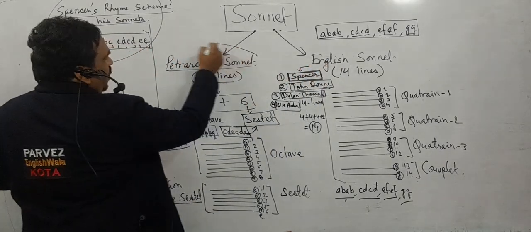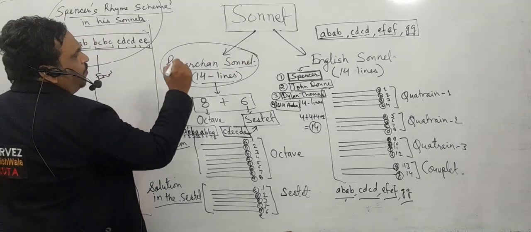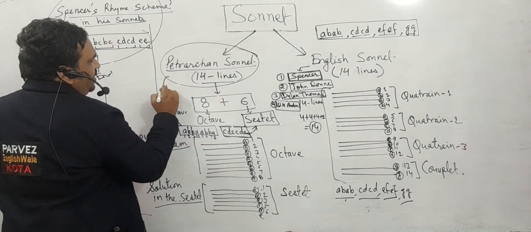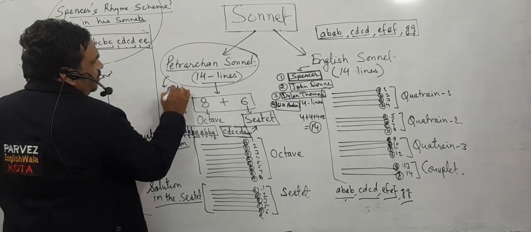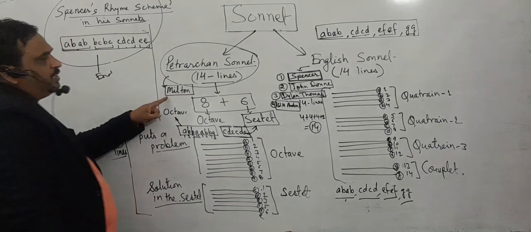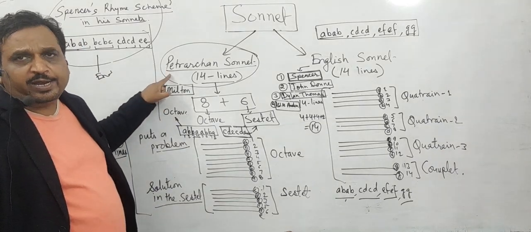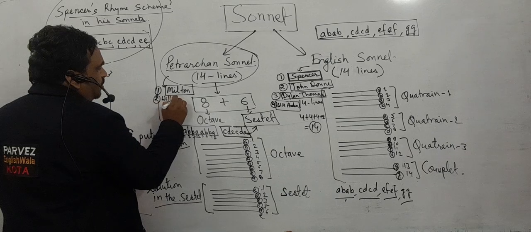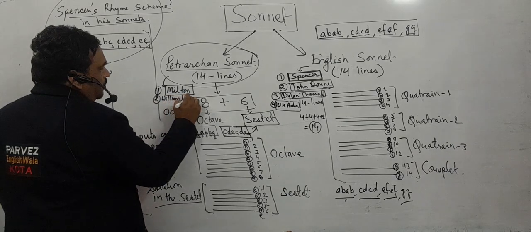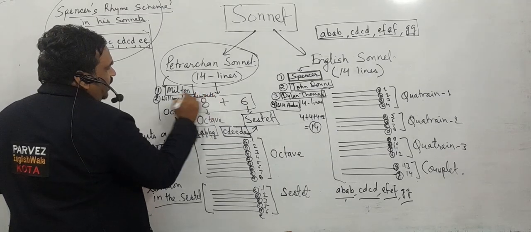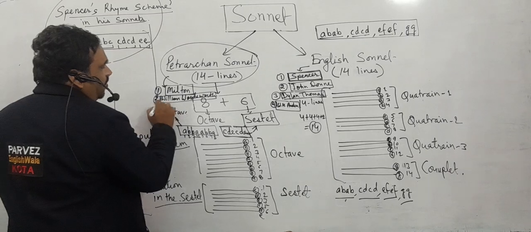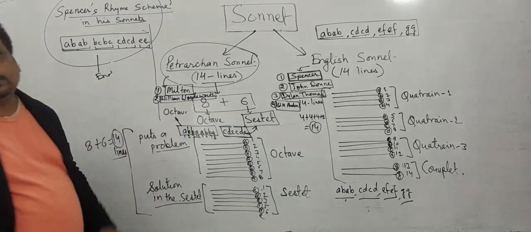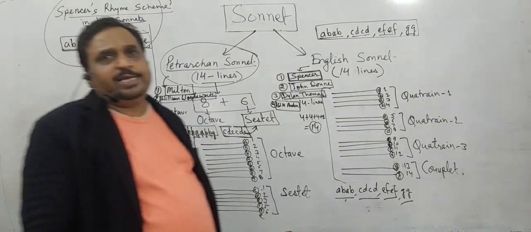Now we can talk about Petrarchan sonnet, who composed their sonnets on the pattern of Petrarchan. So you may take one important name here, Milton. Milton's sonnets have been derived from Petrarchan sonnet. Okay. Now the second important name is William Wordsworth. He derived his own sonnets from Petrarchan sonnet. So Milton, Wordsworth, these were two great poets who derived, and the third important is